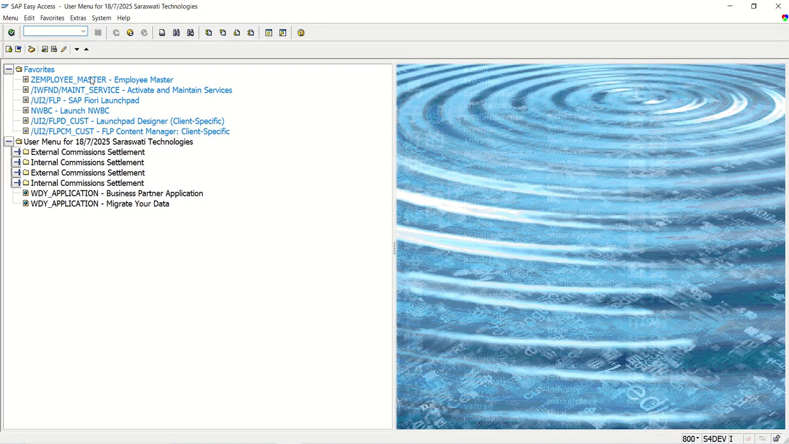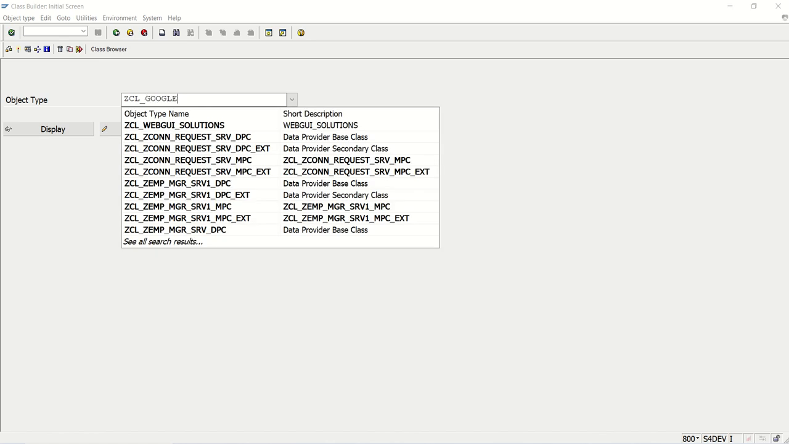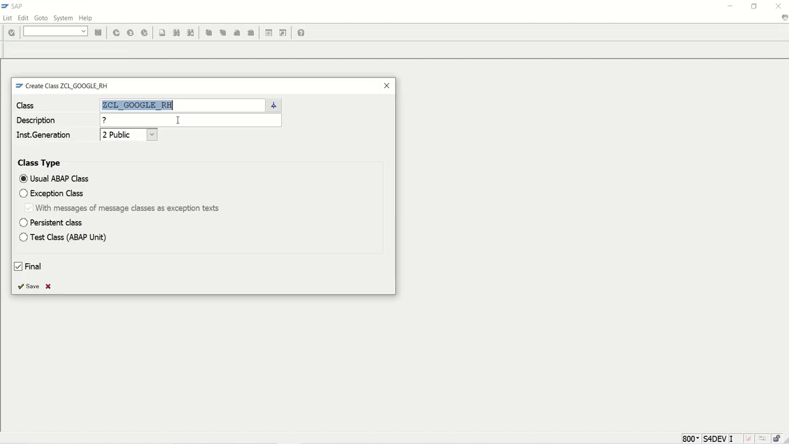Now for our REST API, first we'll create a resource handler class, then a resource provider class, and then we'll create the SICF node. So to create a resource handler class, go to SE24. Give the class name ZCL_GOOGLE_RH, Google handler class. Click on create, and in the description you can give something like resource handler class for Google